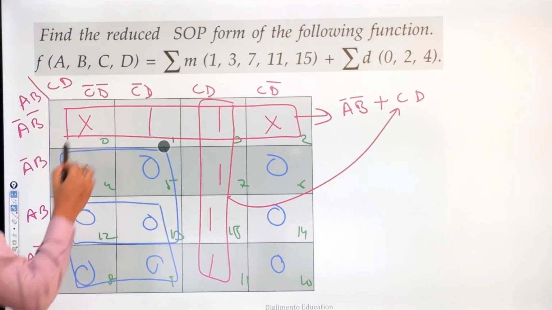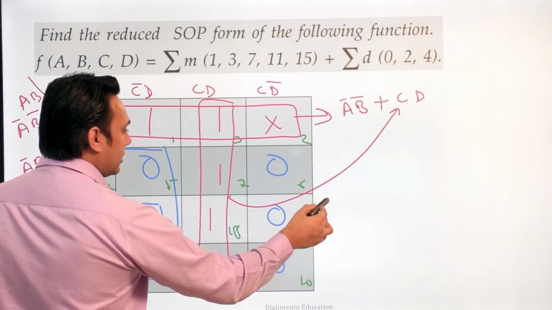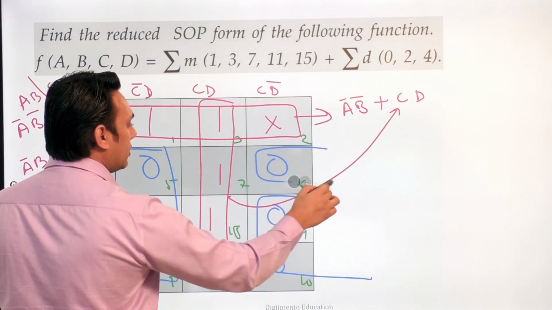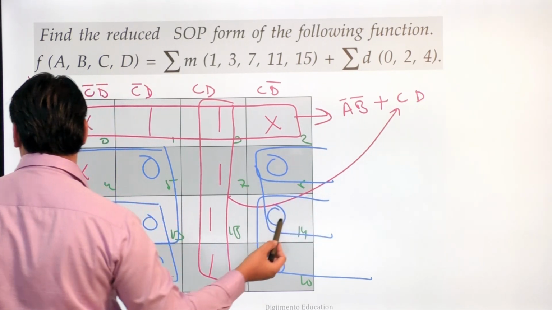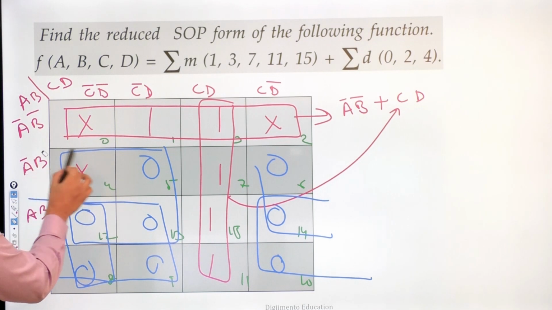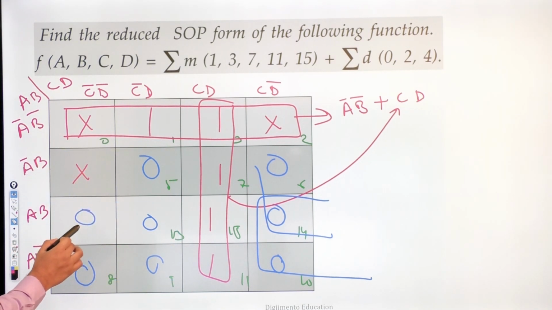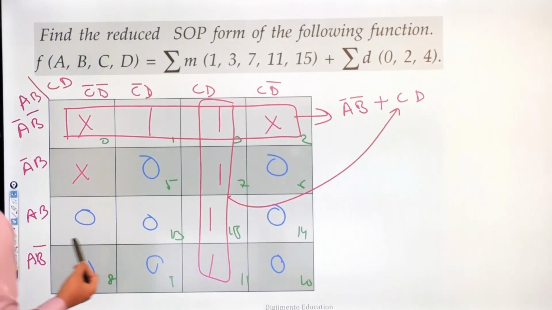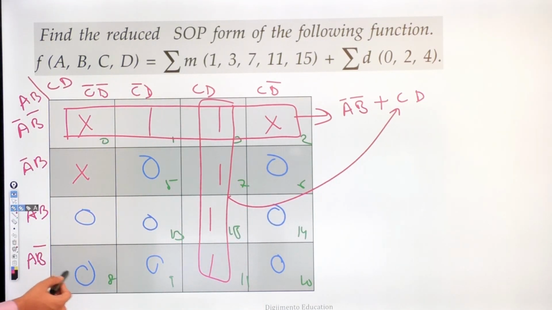मैं दोनों को subcube से combine कर सकता हूँ. I can combine this one with this one, as well as I can combine this one, or this one, not this smaller one. I want to take a bigger one, so I can combine this one with this one. Oh, I'm so sorry. I think by mistake I've done it. So let me make them again. Okay. So I can make this as a subcube.